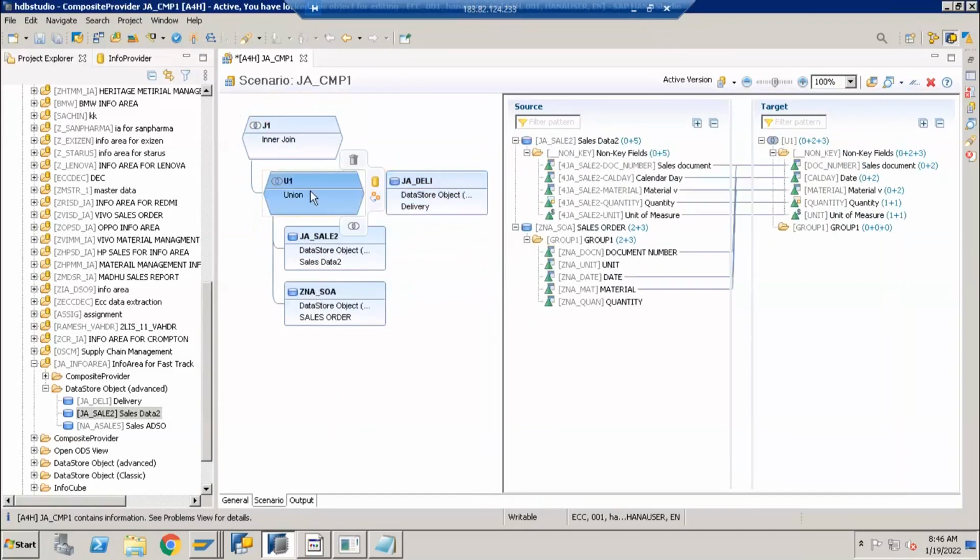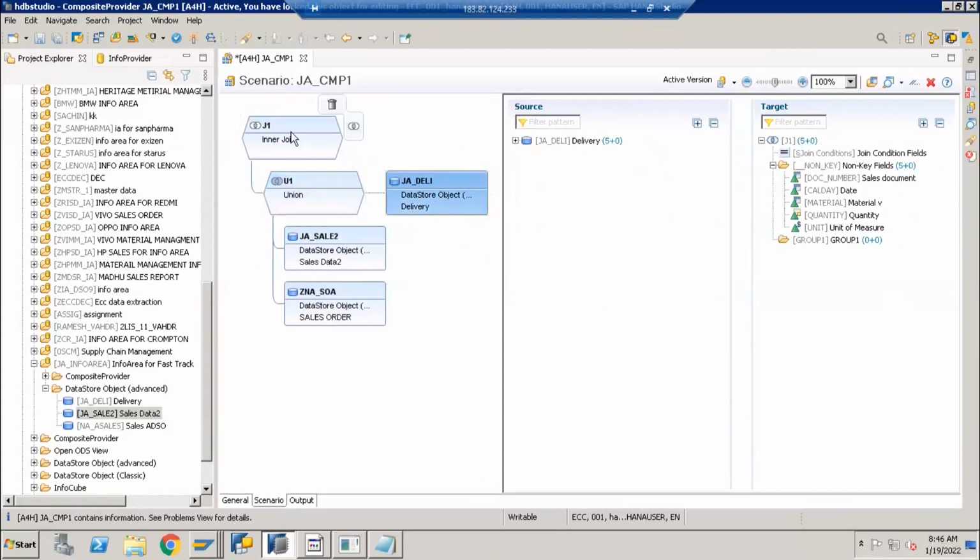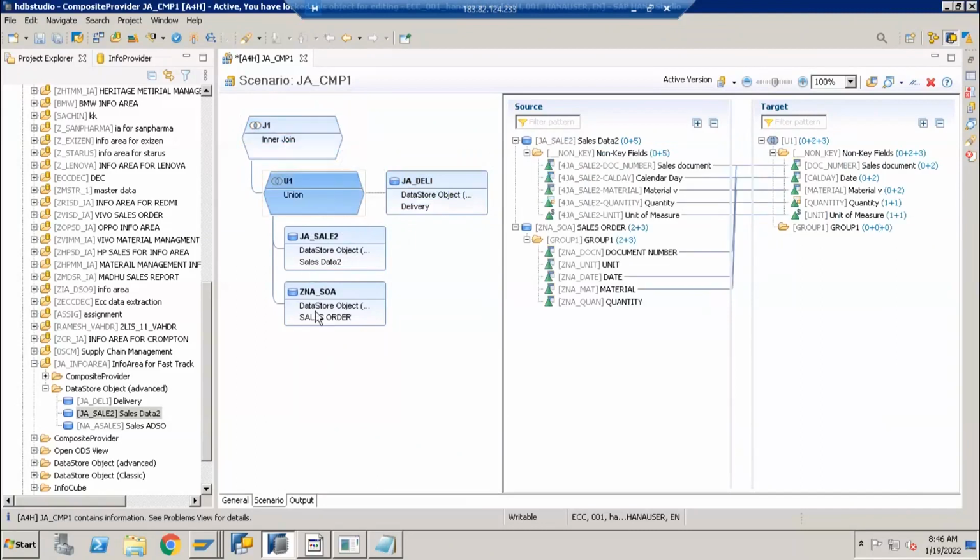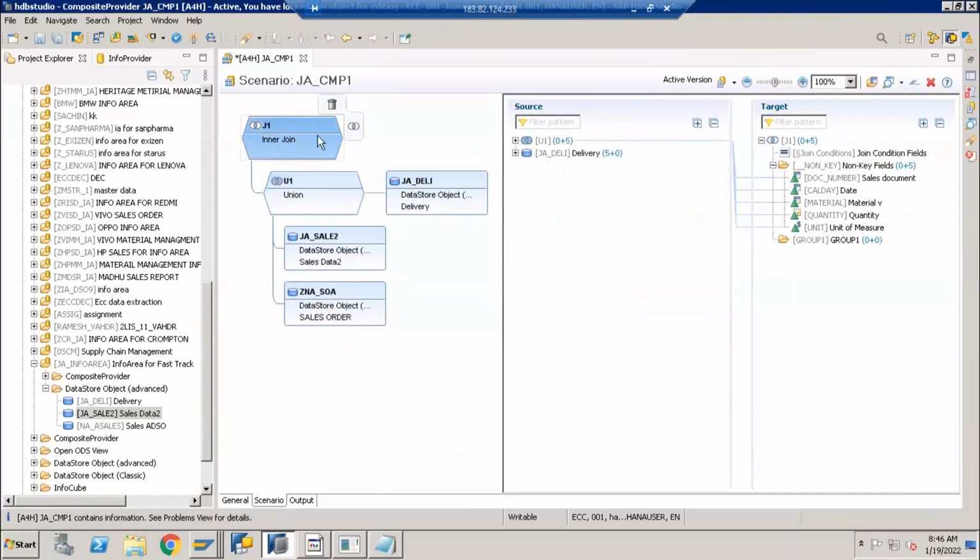Since the union is already done up to this point, the result is now being joined with my new provider. So the total parent changes to a join. Once you have done a join, it is not possible to do further unions at this point. If you want to do a union, you can only do it here. So unions have to be done first, followed by the join.